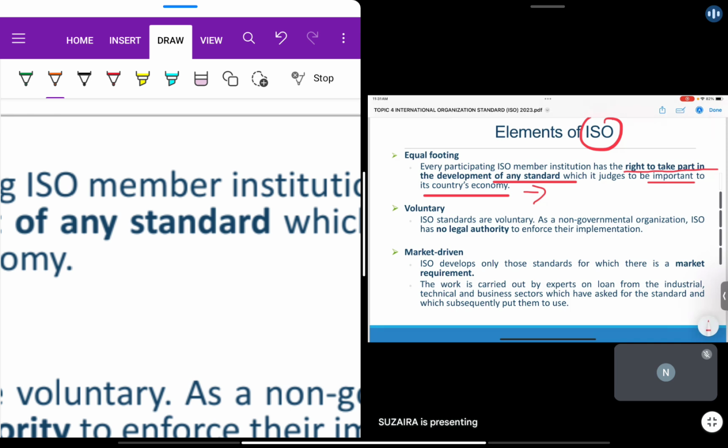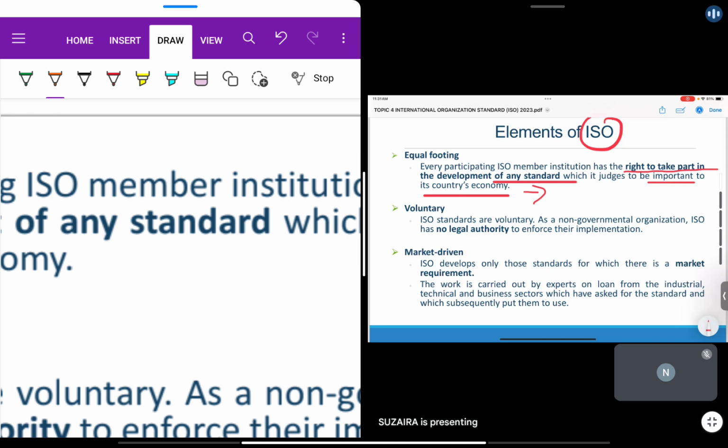So what are the terms that should be included under the standard? If you want to go further, for example, ISO 22000 focuses on food safety management. So there would be a bunch of people that work on this standard. For example, let's say I want to look at it, because I have the standard with me, the ISO 22000.